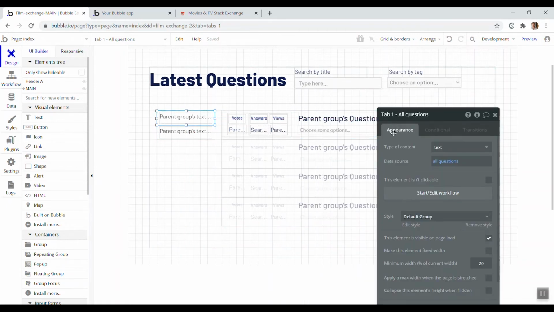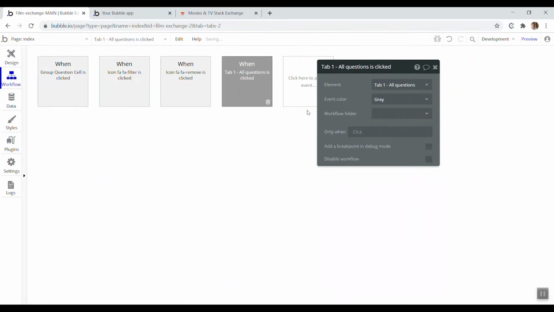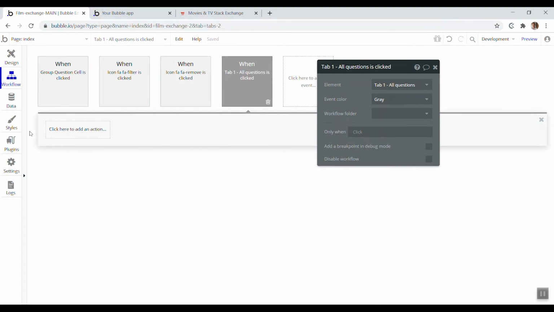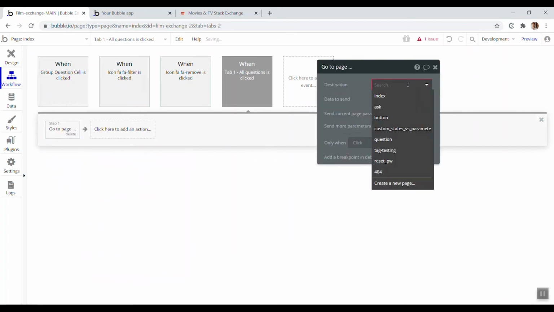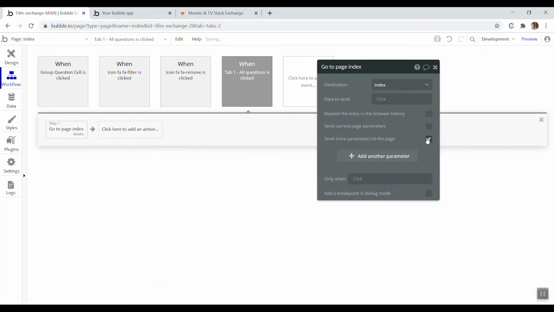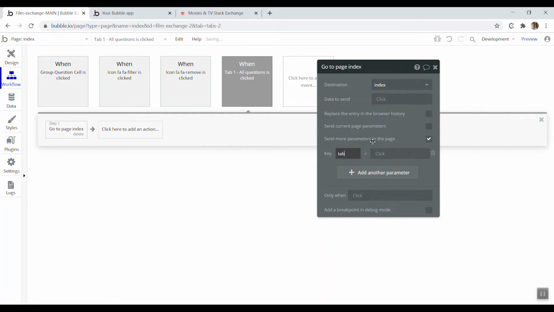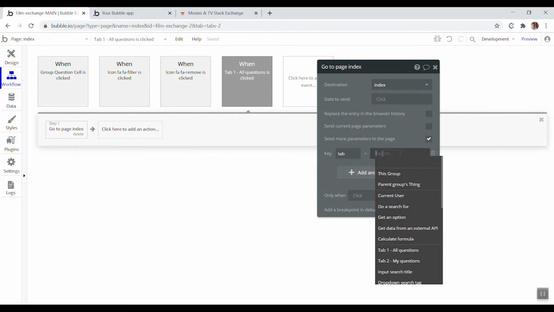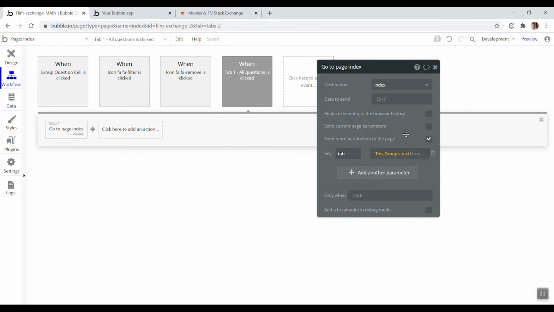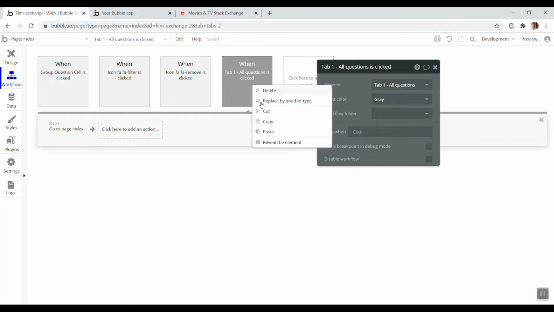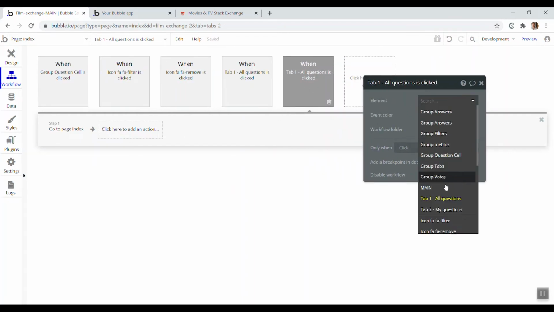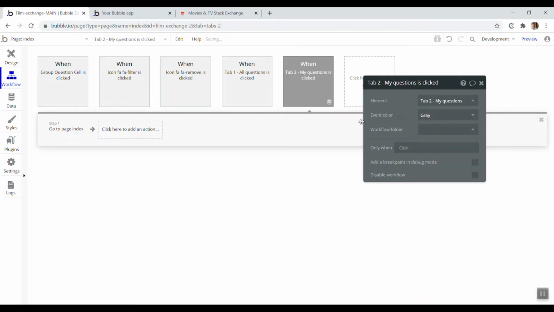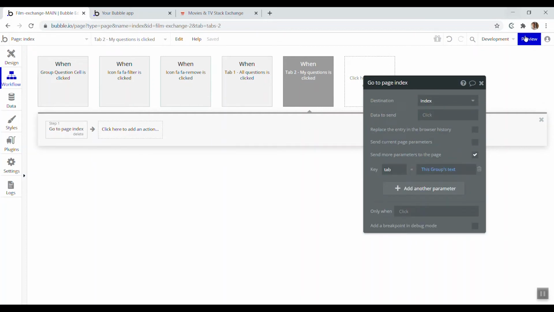And now we can set up the actions on these groups. So when all questions is clicked, when that tab is clicked, then we're going to go to the same page that we're on, and we're going to send through as the tab parameter this group's text, okay? And the same thing on our other tab. So I'll just copy this in its entirety and then change the element which is clicked to set this behavior. So if I preview that,